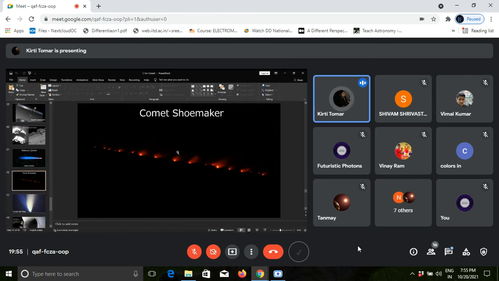This is the second most famous comet, comet Shoemaker-Levy. It collided with Jupiter in 1994, if you heard the news, with the giant planet's gravitational pull ripping the comet apart for at least 21 visible impacts. And the largest collision created a fireball that rose about 3,000 kilometers above the Jovian cloud tops,